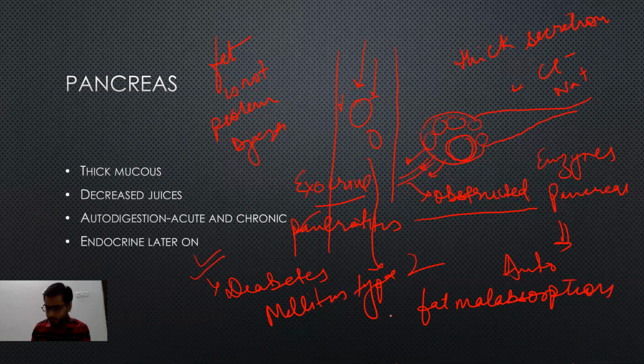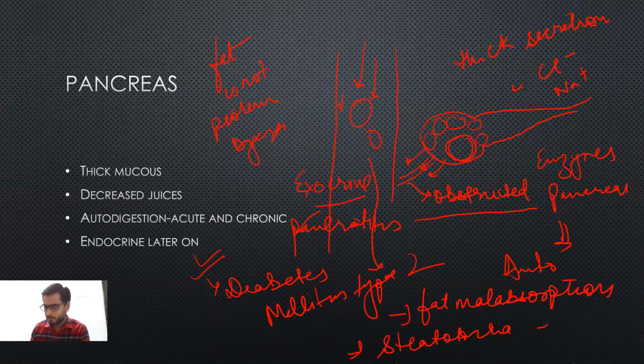Patients coming here will have fat malabsorption and steatorrhea. Steatorrhea is the passage of fatty, greasy stools. If you get the stool examined, there will be a lot of fat globules because of fat malabsorption and protein malabsorption. So you can get patients with fat malabsorption, steatorrhea and failure to thrive. This is the presentation of cystic fibrosis in early life. You will be getting failure to thrive.